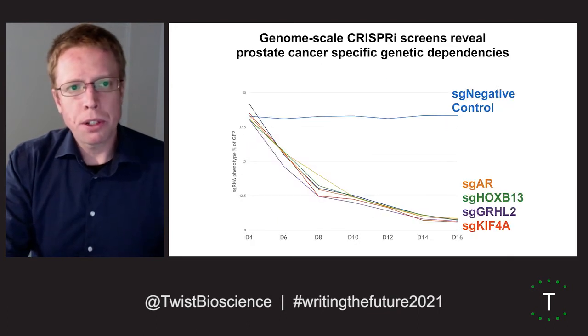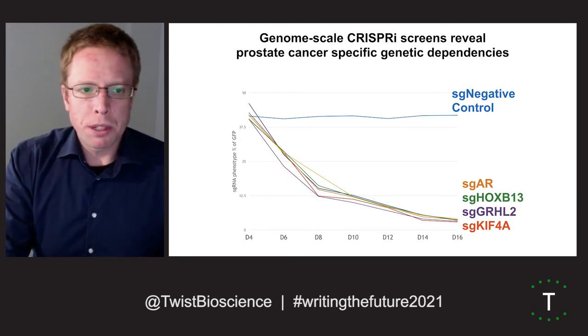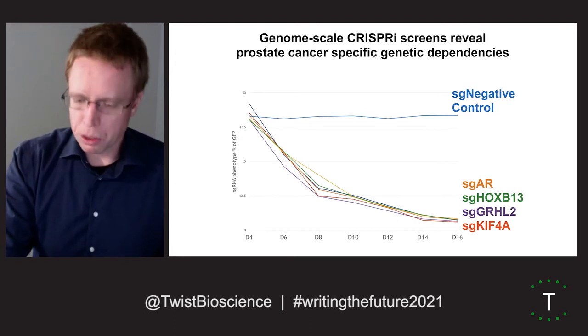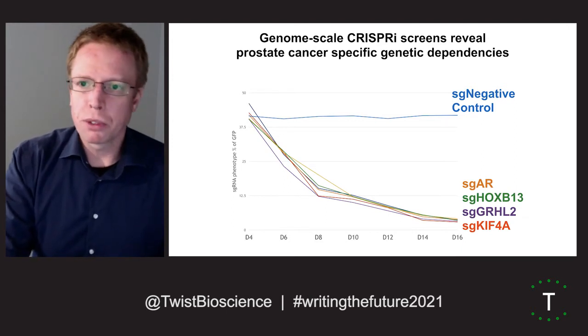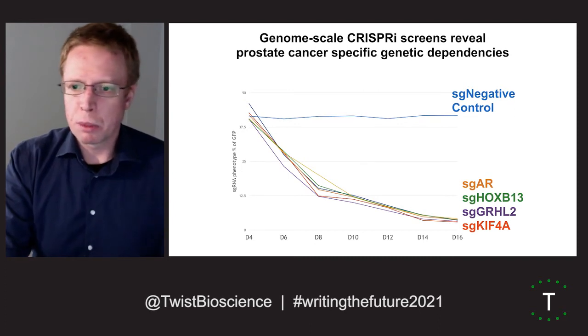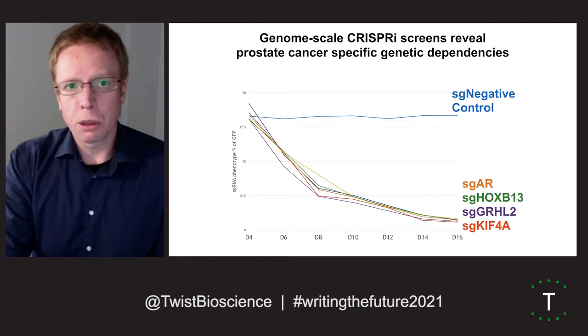So we can take these genes nominated by our screens and perform follow-up experiments. In this case, this is a GFP competition assay where we can look at how knockdown of individual genes affects cell proliferation over a time course. And what you can see relative to a negative control is that, as expected, the androgen receptor is indeed required for cancer cell or prostate cancer cell